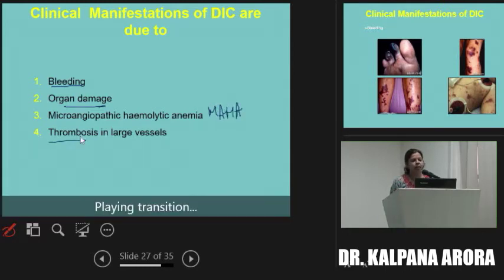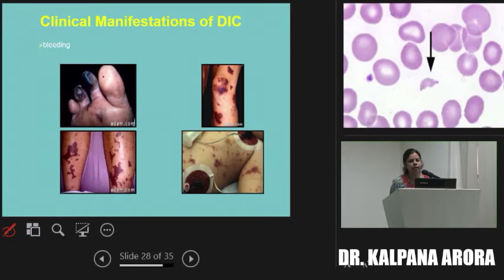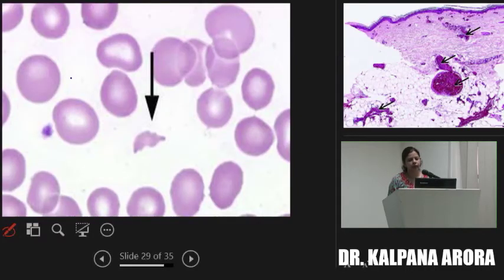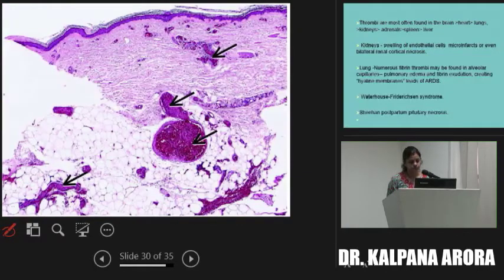There would be a massive bleeding in the skin. You can see massive petechiae widespread in the skin. And also there can be gangrene because of the obstruction of the blood flow because of thrombosis. What is this thing? Yes, very good. And what is this? Yes, see, these are the blood vessels of the skin which are showing the microthrombi. When you do the biopsy from them, you can see small thrombi